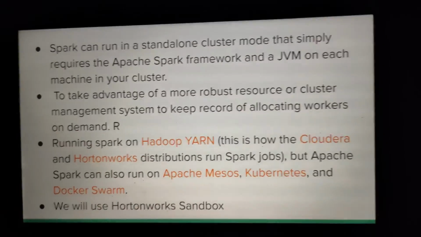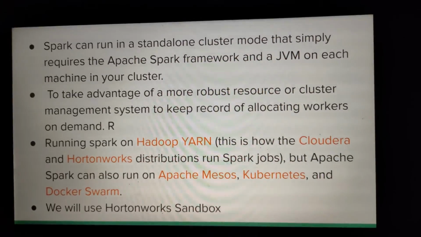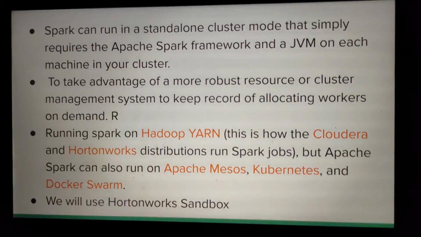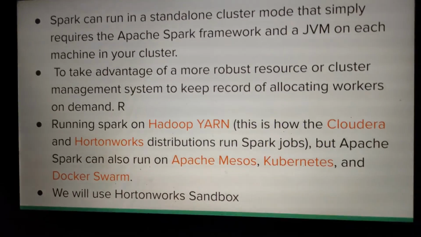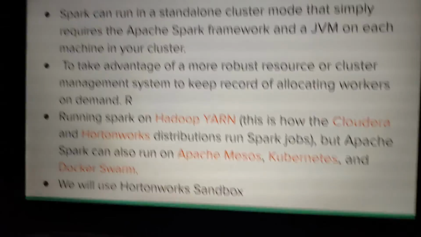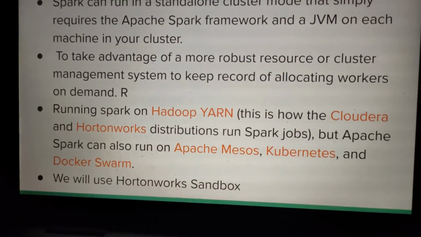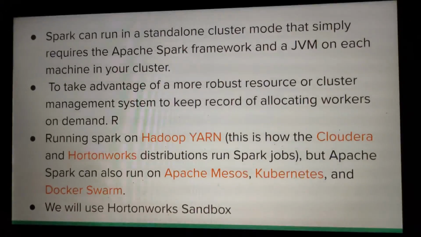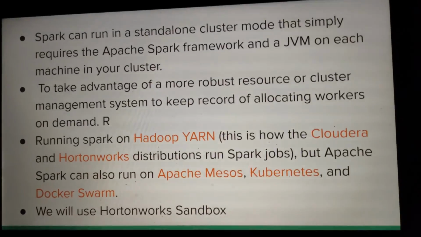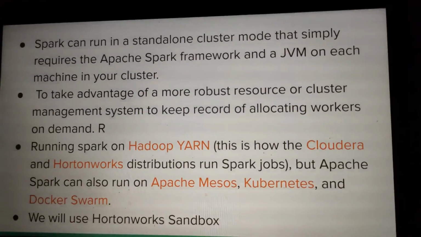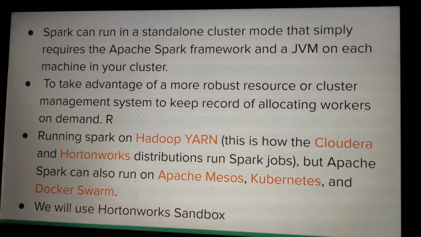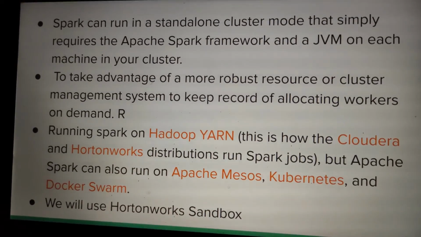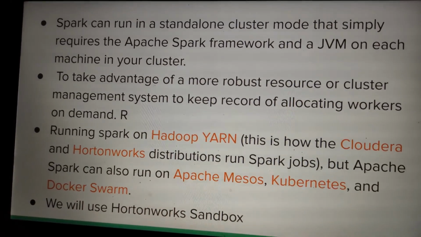Now we will look at deployment of a Spark application. There are two ways a Spark application can run. It can run in a standalone cluster on any machine that has a JVM and the Apache Spark framework. What we exemplified earlier with the screenshots was this standalone cluster deployment, where we were running it on PowerShell, and all the information about various distributions was available on port number 4040.